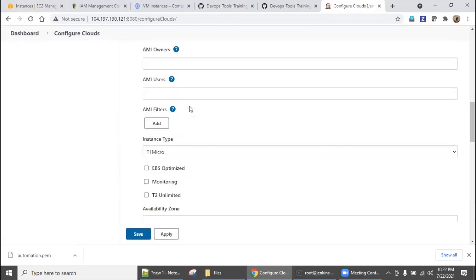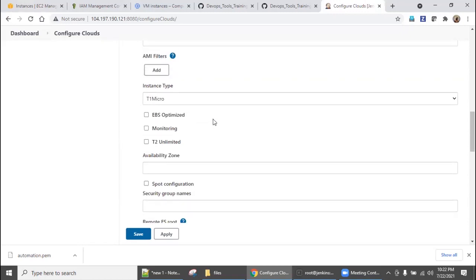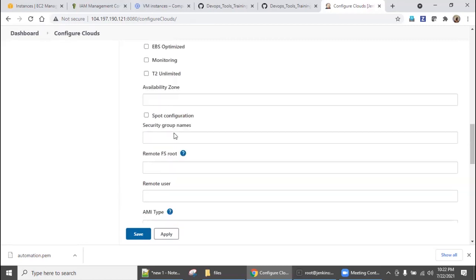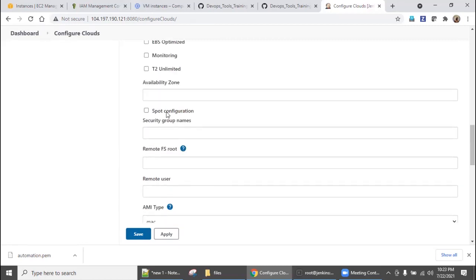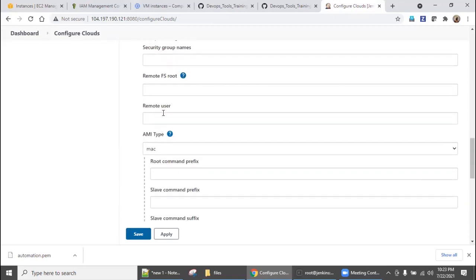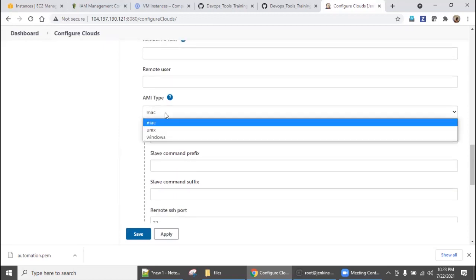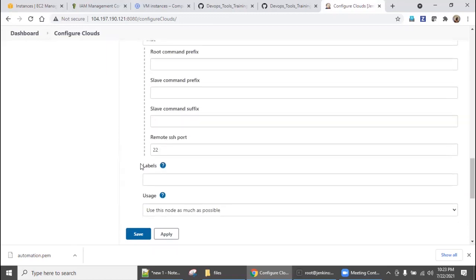So here also you can come down. You can even control the instance type and the T2 unlimited. Even you can control the availability zone. If you want, you can go with the spot configuration also. Come down. Even user wise or AMI type wise, you can have multiple configurations here, right?